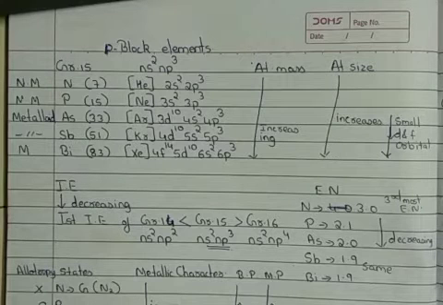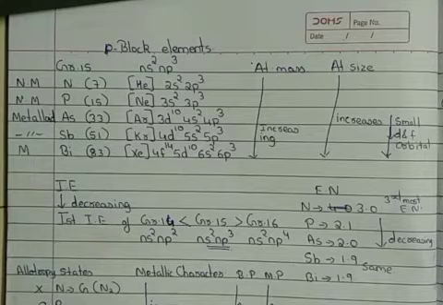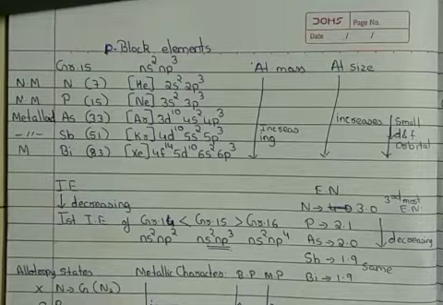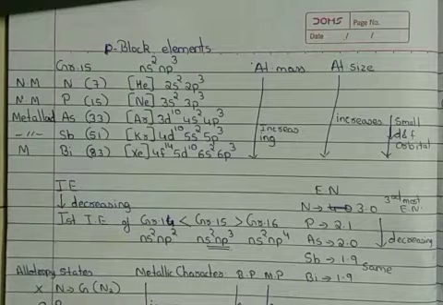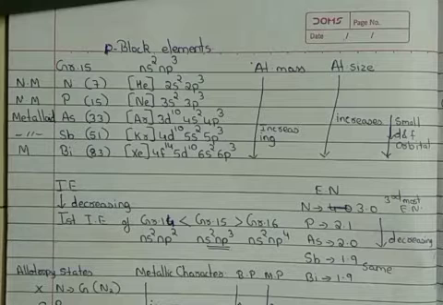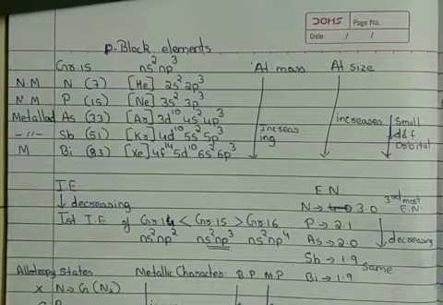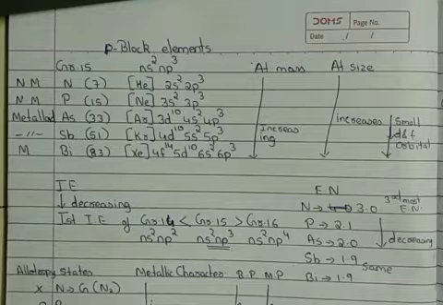Now in this p block elements, the groups we have are 6 groups because p orbital can accommodate total 6 electrons. The group numbers are group 13, 14, 15, 16, 17 and 18, from where we have done 13 and 14 already. In this part we are going to start with our group 15 elements.